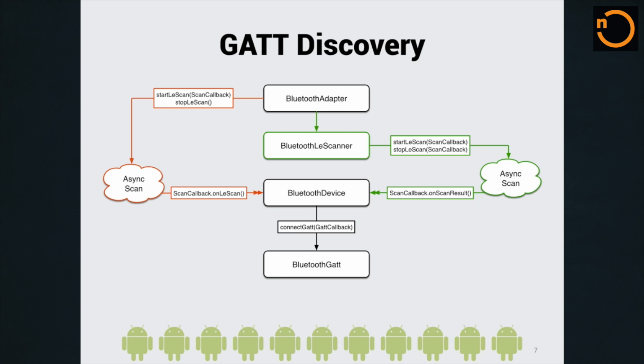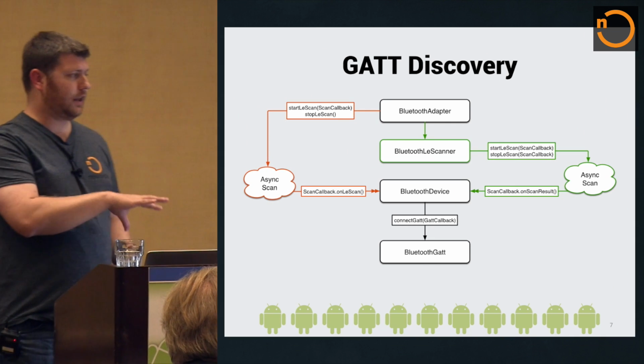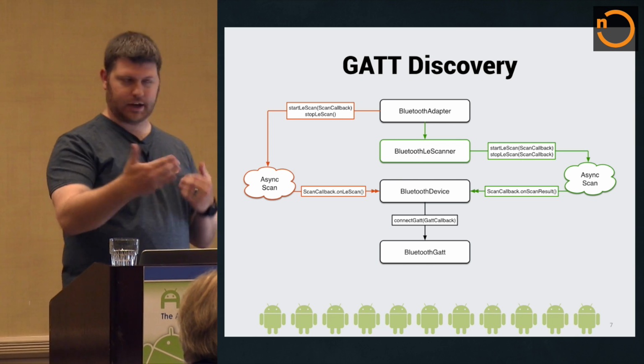Now, there's a couple different code paths on this diagram here. The red code path on the left-hand side is the way that you would do BLE scanning in Jelly Bean and KitKat. And then the green path on the other side is the way that we do BLE scanning in the new APIs using Lollipop. Now the old APIs do still work, so it's not like you have to run out and branch your code